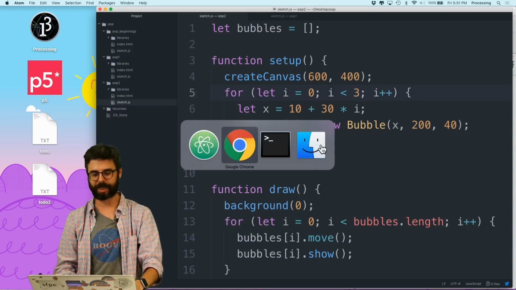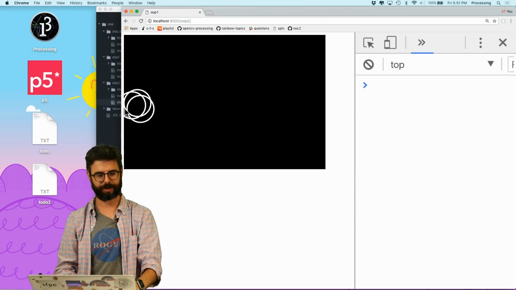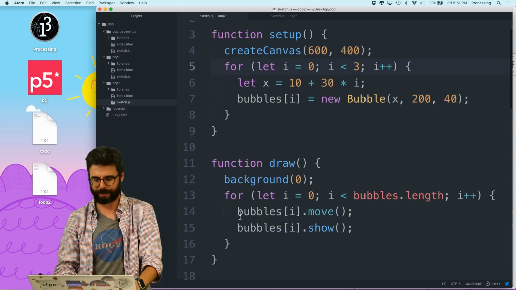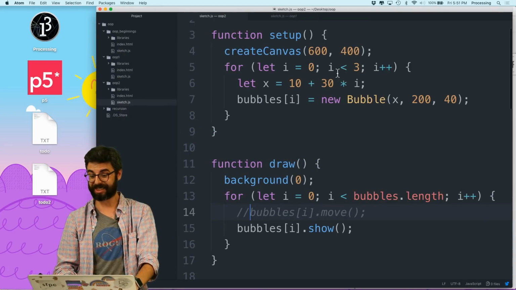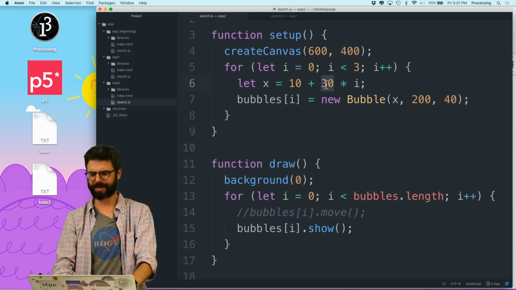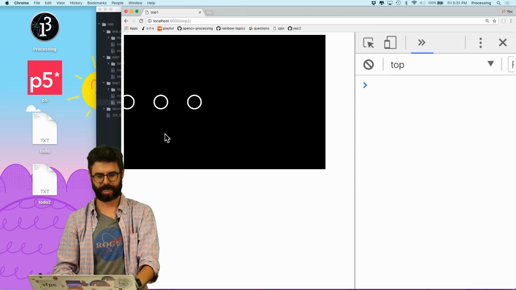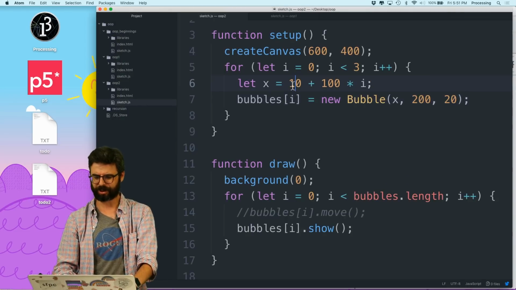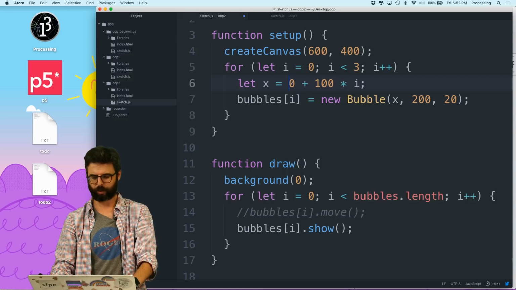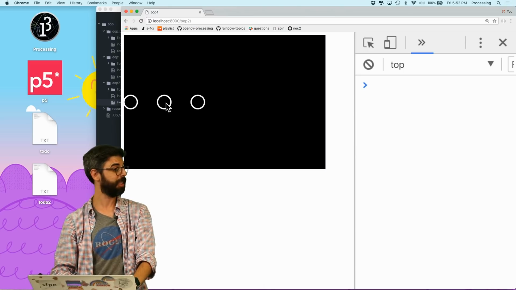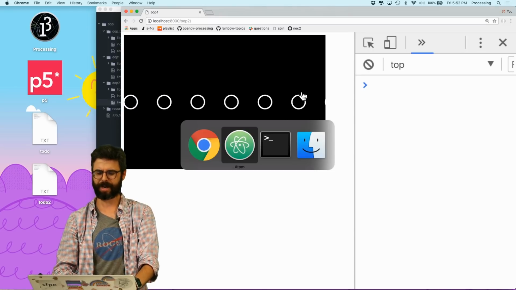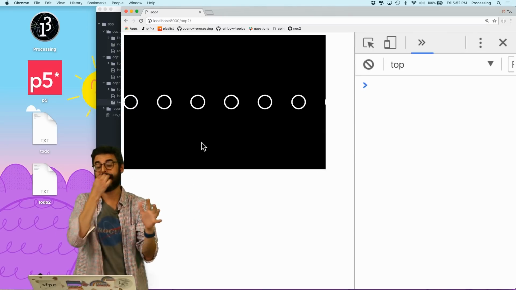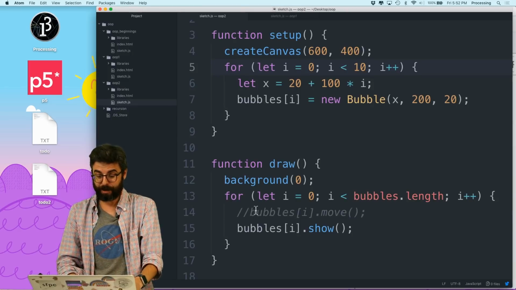So now let's look at this. You can see, look at them, they started. Now let's not move them just so we can see. You can see there they are spaced out, and I could easily just say, well, actually, I want to space them out by 100 pixels, and I want them just to be 20 pixels, and you can see there we go, and I want them to actually start at least 20 pixels in, and you can see there they are, and then I want to have 10 of them, and there we go, but I can't really have 10 of them. You get the idea, and now I could put back in move,